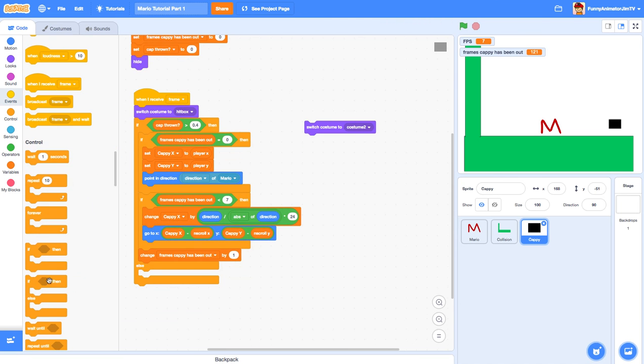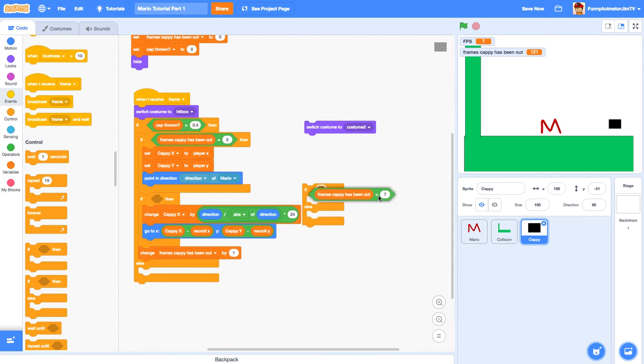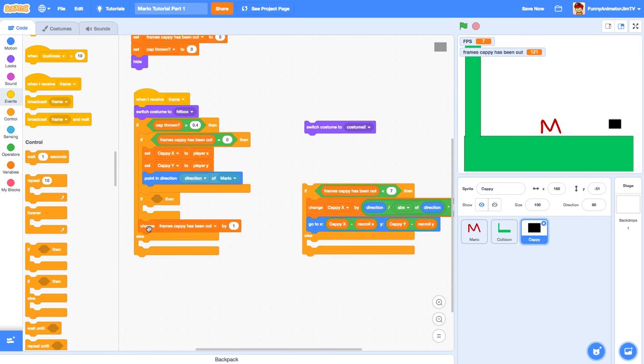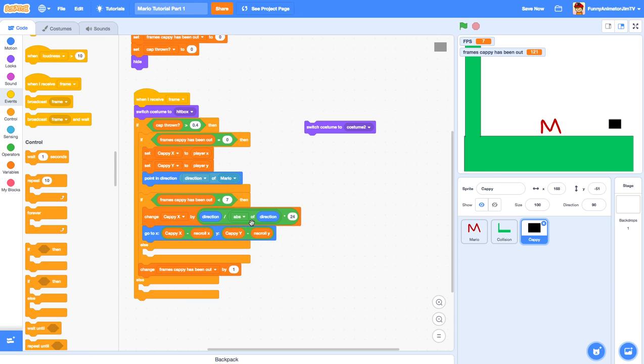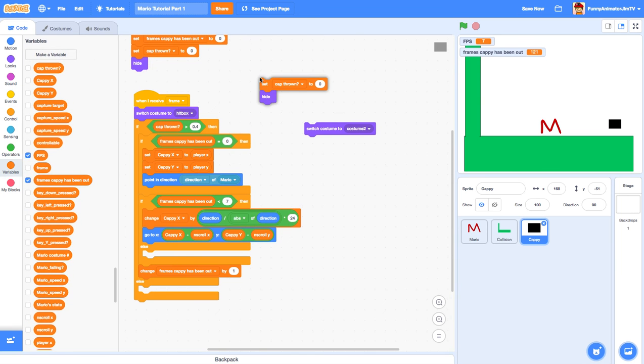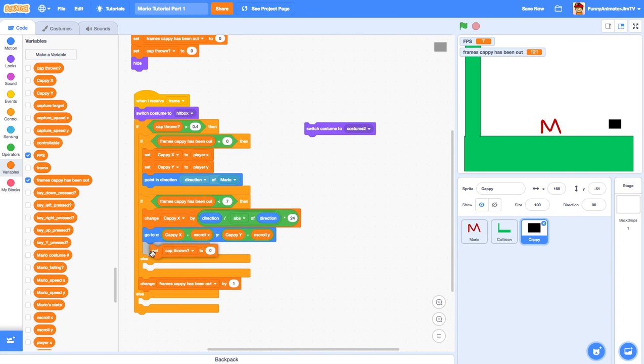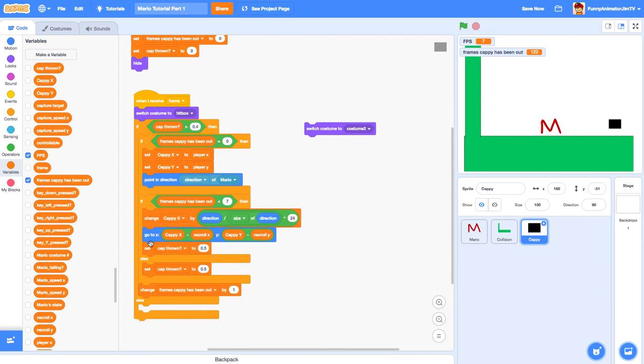We need to replace this if statement with an if-else statement. If frames Cappy has been out is less than 7, then we just do exactly what we just told it to do. Change Cappy by 24 times whatever direction he's facing. Go to X. Now, this is really useful for us knowing what state it's going on. So, set cap thrown to 0.5 when he's being flown out, and when he finally stays in his proper position, then we set it to 1. So if we look at that, if we check cap thrown